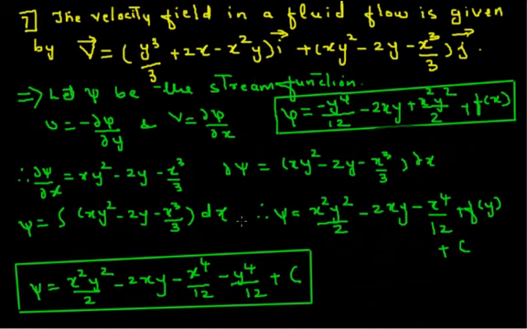In this way we have found out whether this flow field is compressible or incompressible, then whether it is rotational or irrotational, and finally we found out an expression for the stream function or psi function using the property of stream functions. I hope that these problems are clear to you.